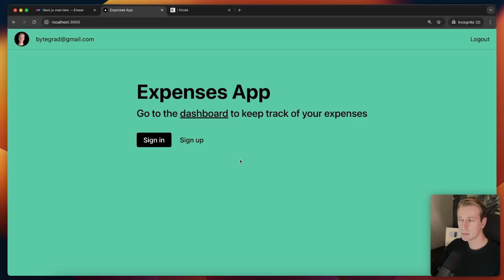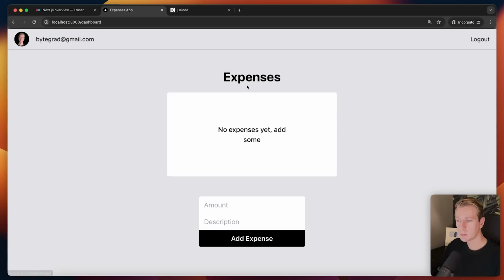So I have a very simple Next.js app. Let's say you're building some kind of SaaS or some tool that allows people to keep track of their expenses. So you have a landing page, which is just a public page. Everybody should be able to see this. But we also have a dashboard which should be protected. So only logged in users should be able to access this and actually submit expenses here that they can